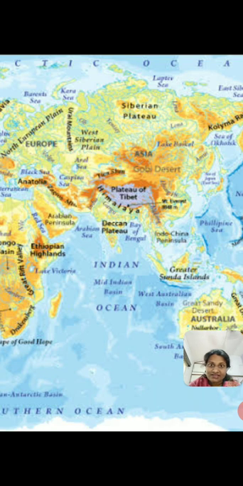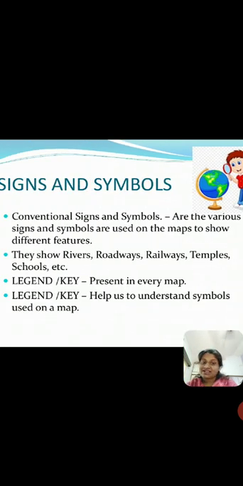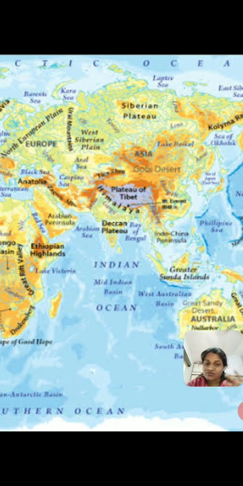So these are the different aspects of the map that you need to know. One is signs and symbols, which we already saw. We learned about legend and key. Legend and key mean the same; it is the same box that they are showing. That same box has two names. What are these two names? Legend and key. Now we are looking at the colors that are used on the map. So I have already told you, blue shows the oceans and the seas, green shows the land, yellow shows the deserts, and brown shows the mountains. So this is how colors are used in a map.